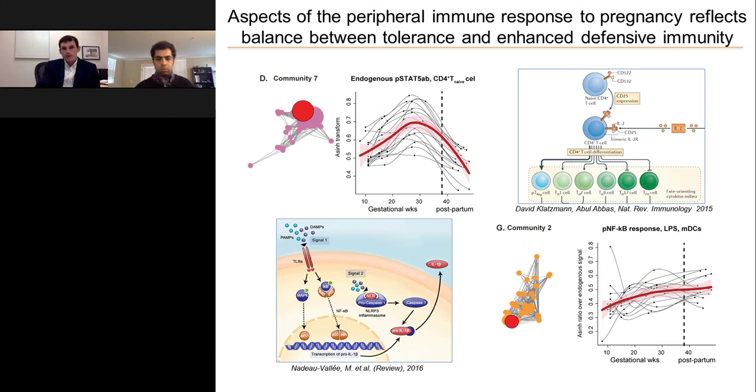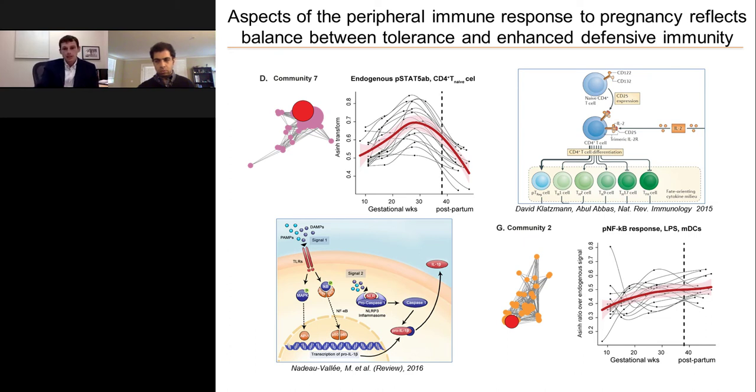The number one feature is in pink here, belongs to the community of features in pink. And it was pointing at this phosphorylation of the transcription factor STAT5 in naive CD4 T cell. And you see that it progressively increases during pregnancy to levels that are much higher than in the postpartum state. Now, as you may know, STAT5